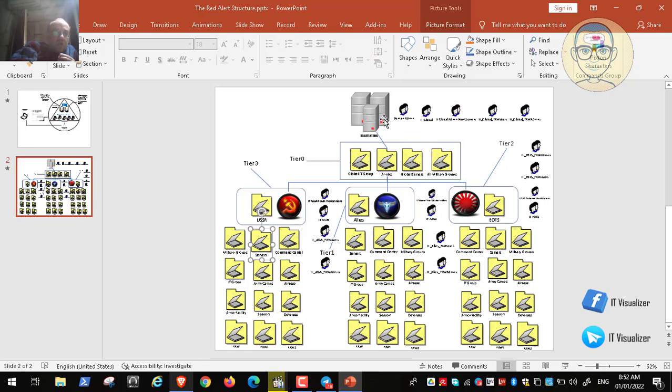So this is the thing, we need to block all of the tier 0 admins. What we mean by tier 0 here is the domain admins, the enterprise admins, the schema admins. All of these are blocked from accessing any PC in any other tier. They can only access computers in their own tier. Okay, so there are computers in tier 0. This is for the domain admins, the enterprise admins and the schema admins.